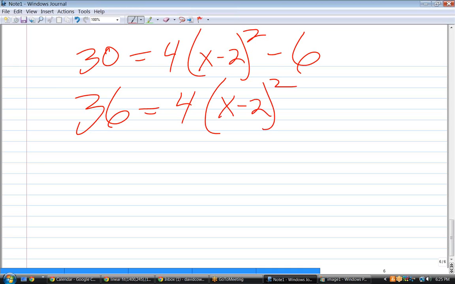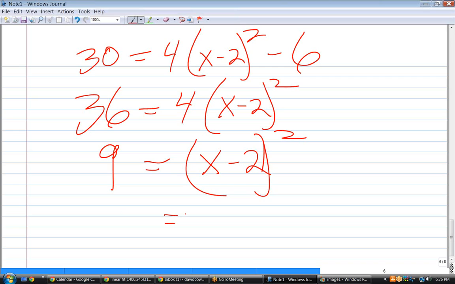Now what's the next step? You could divide by 4 on both sides. There you go. And this gives me this. Now what can I do? Now you could split up the 2 equations. No, still don't want to do that. How about if I take the square root of both sides? Okay. What's the square root of the right side? 3. Oh, sorry. No, it's